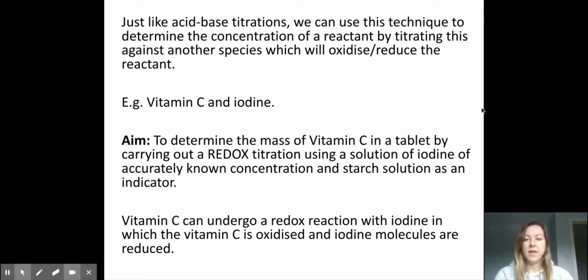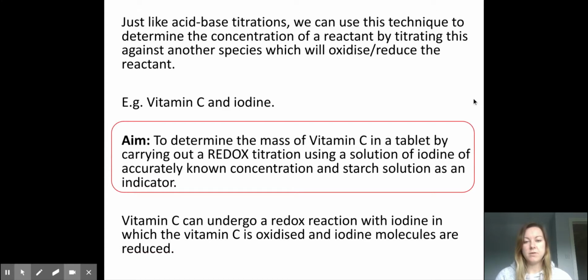Our new learning then is to use a technique that we've previously explored in National 5 called titration. But this time, rather than using an acid and a base, we can use a redox titration. So our aim for this experiment is to determine the mass of vitamin C in a vitamin C tablet by carrying out a redox titration using a solution of iodine of accurately known concentration, and we're going to use starch